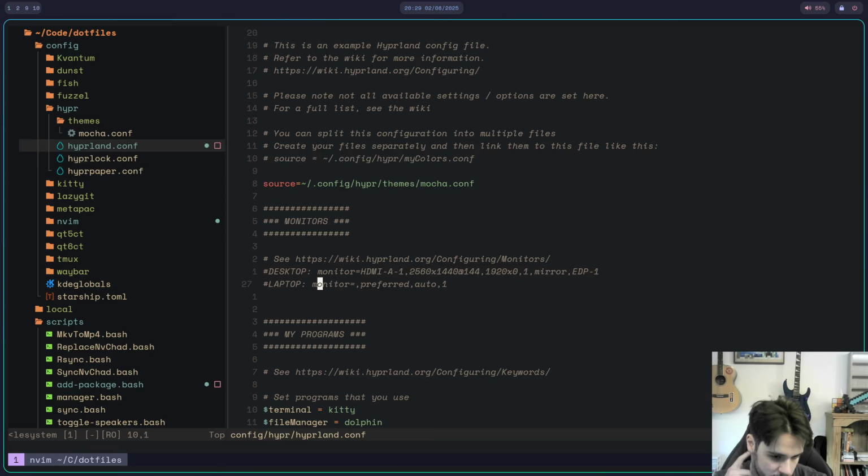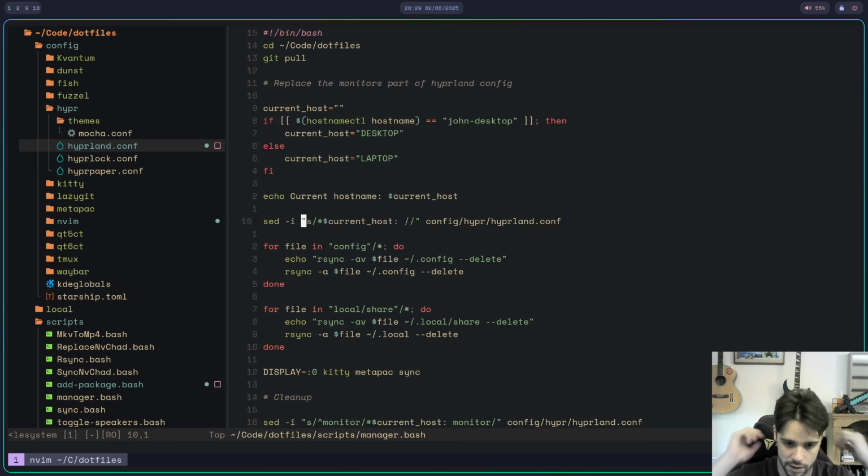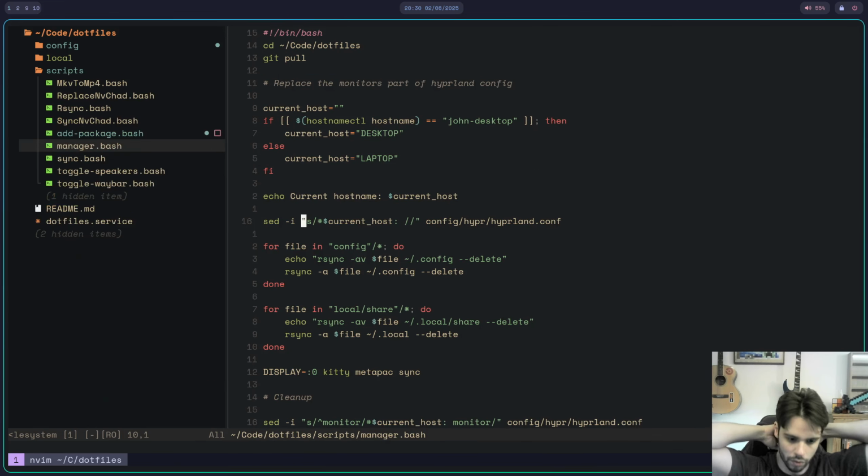I don't love this approach, but it's the least complicated, I would say. I would love to keep different branches, but I don't think that's particularly great either. It would add more complexity, and I want my files to be very simple because it's hard enough to motivate yourself to actually use them and keep them in sync